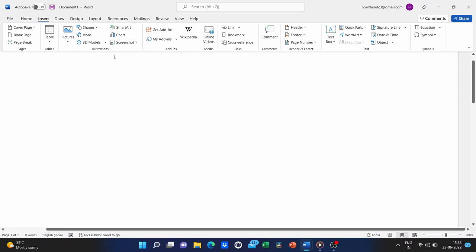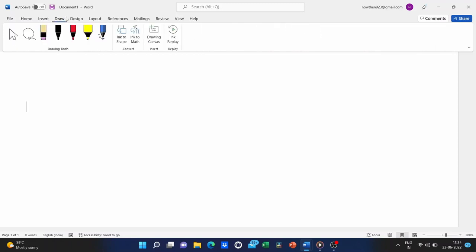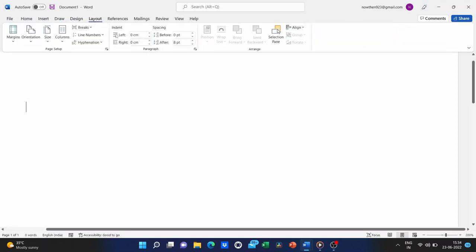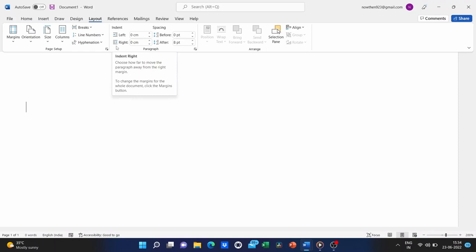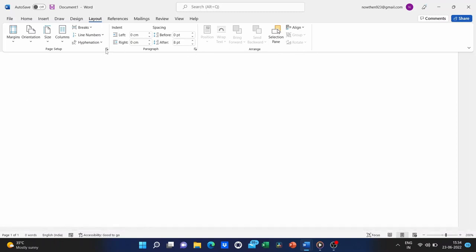Now, one thing about groups that you need to be aware of is some groups will have a little launch button in the corner. So here's an example of a launch button. The paragraph group has a launch button, but the arrange group doesn't, at least for me, it doesn't. The page setup group has a launch button.